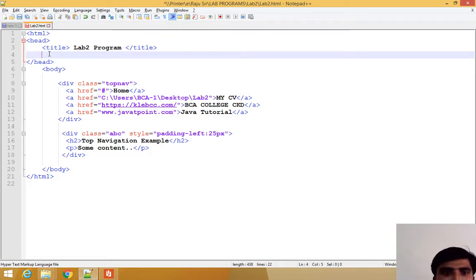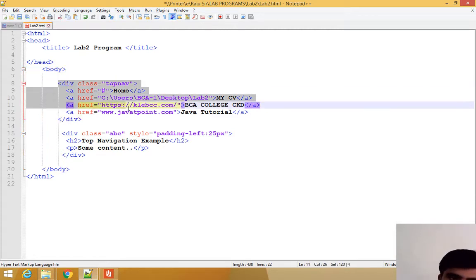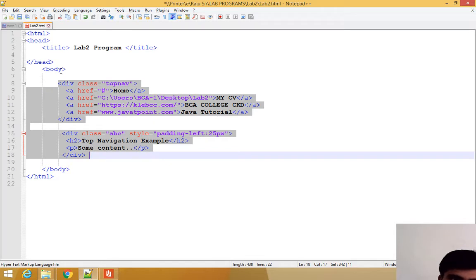In CSS there are 3 types: internal, external and inline. I am using internal. This is the head section. In the body section, whatever we are displaying in the display area of the browser, those code we have to write in the body tag.